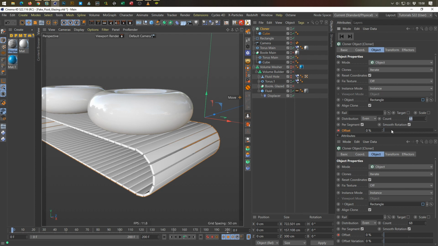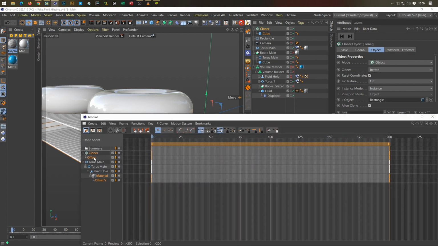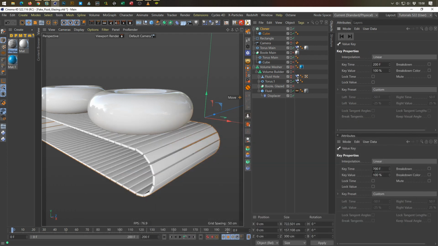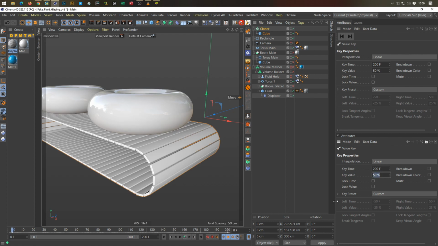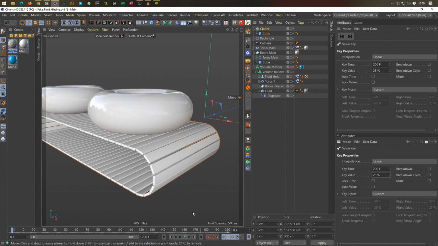But we have to be careful. And we need to go in F3. Cloner offset. We want this guy here. Here is the correct one. So let's go to 50. Almost nice. 25. There is for sure a mud, but that looks great. But we have to be careful. Here again,